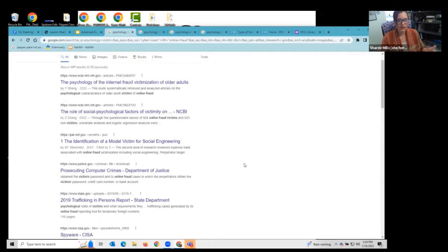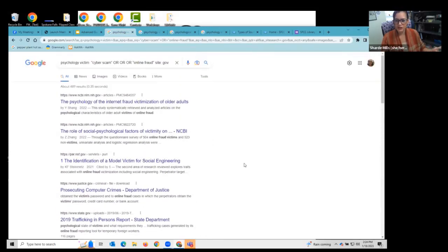I might use something like .edu or a scholarly article to look at how people have studied this concept. I might use a newspaper or magazine source to give examples of what people have been exposed to or fallen for up to this point. So you can see that by focusing on these different source types and being intentional, going back to our tip number 1, I'm getting all different sources that I can examine in different ways and use for my research paper.